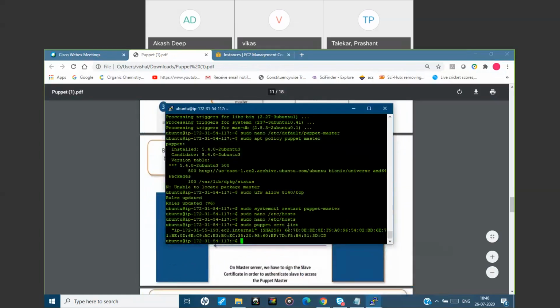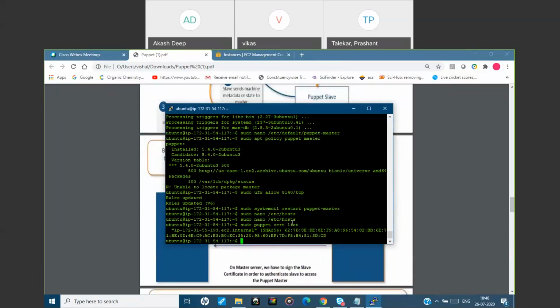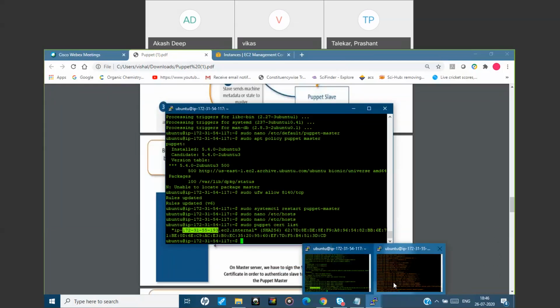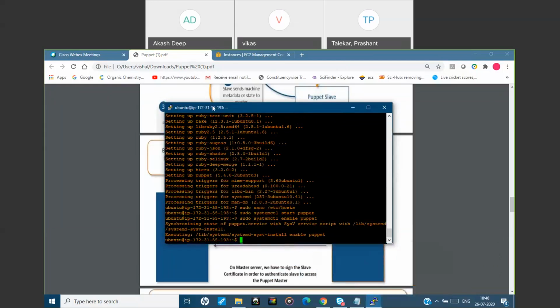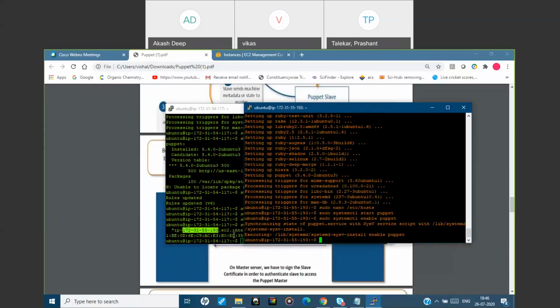This request has come from the IP 172.31.55.193, and that is the IP of the slave, right? We just need to accept the request now.